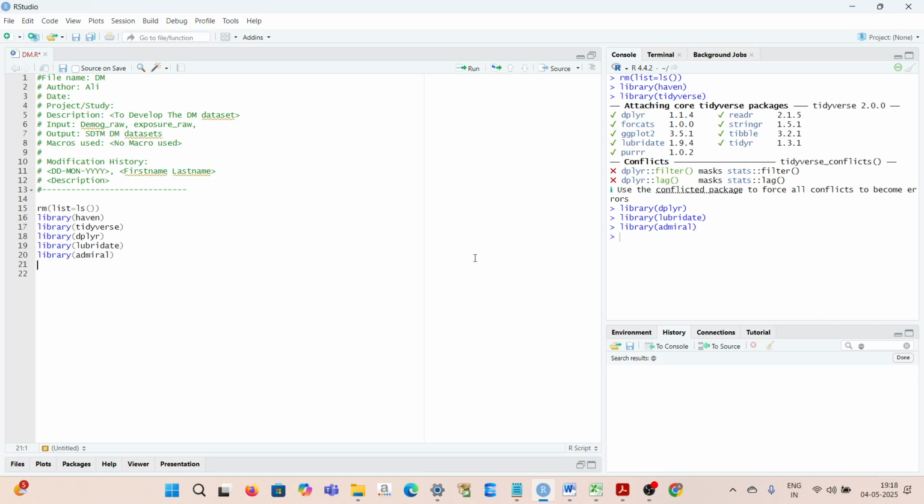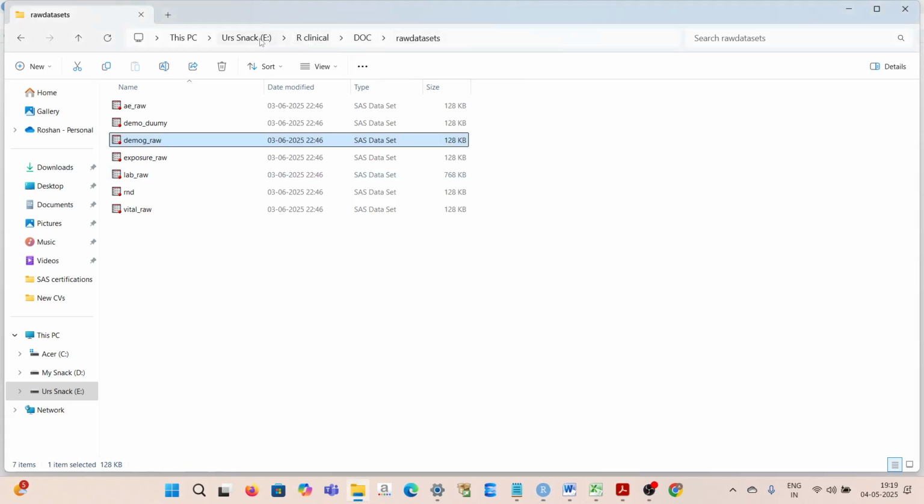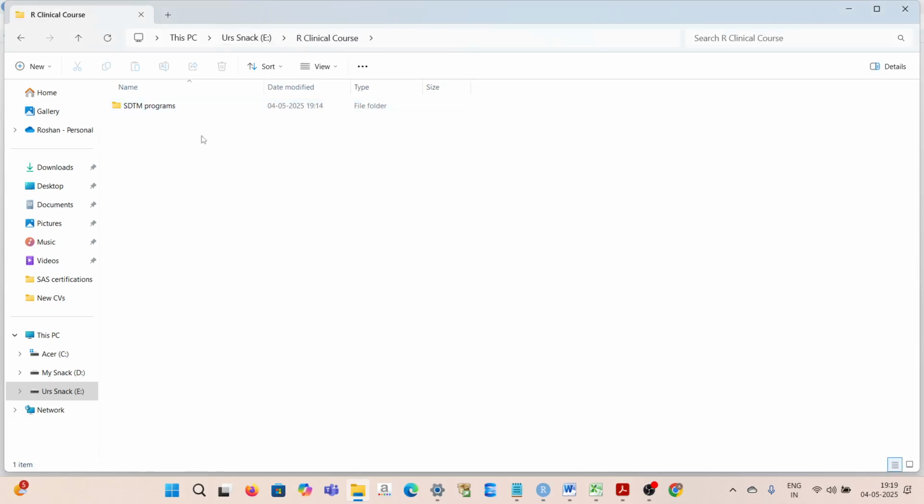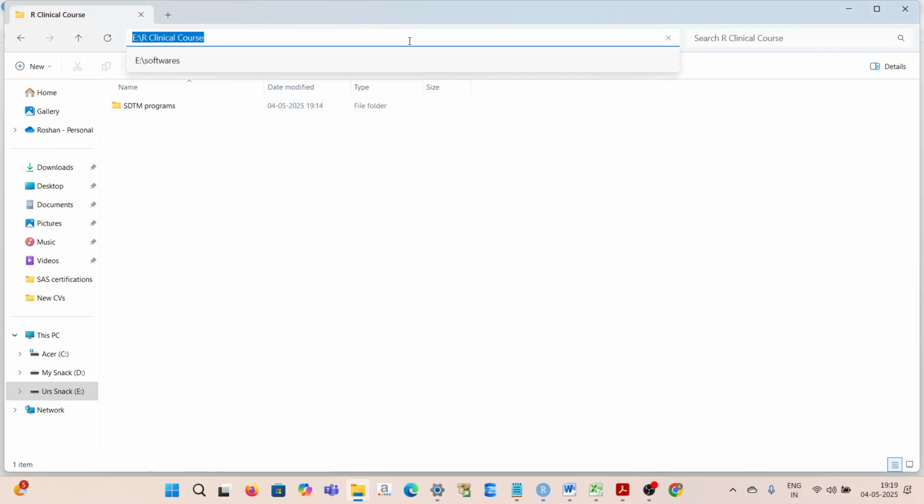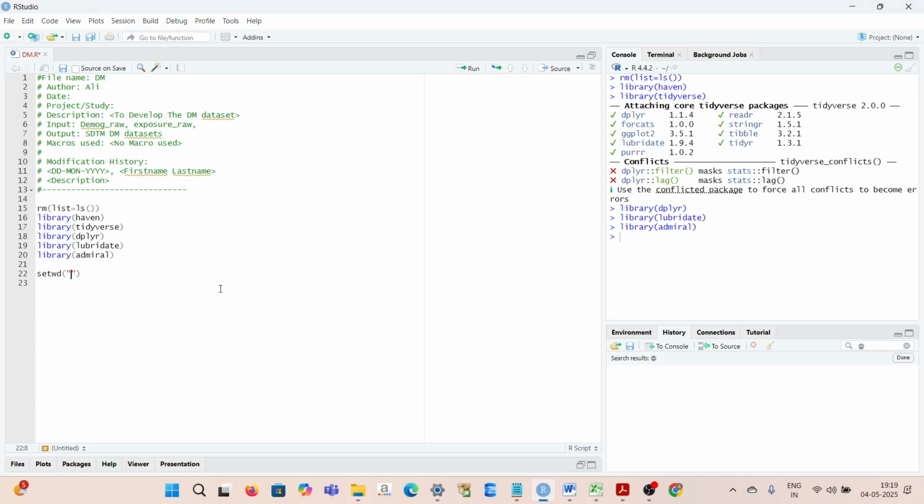Okay, so first we need to set the working directory, using the setwd function. Basically you set where you want to save all your documents. Okay, so here I'm going to take this part and we need to change the path to use forward slashes. We don't use the backward slash, otherwise it won't work. Now you see the setwd is working, and now we have to check if our working directory is right or not. So we can use the getwd function,